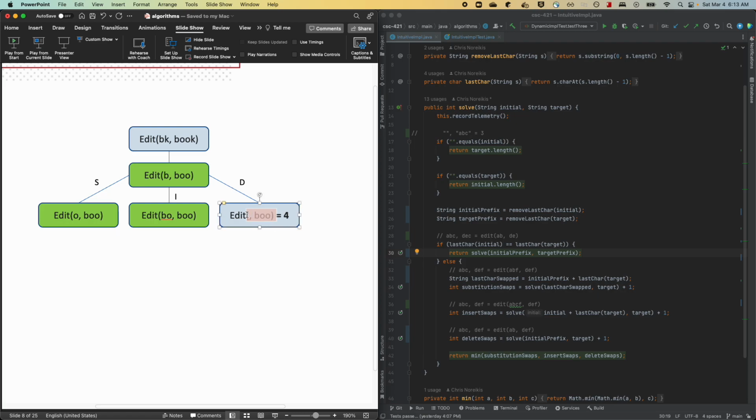And now this is a base case call. So the edit distance between the empty string and boo, so that's 3. But it did take us 1 edit to get here. So adding those two things together gives us an edit distance of 4. So we have an answer, but we still need to step through these other 2 branches to see if we can do better. So going one step further,